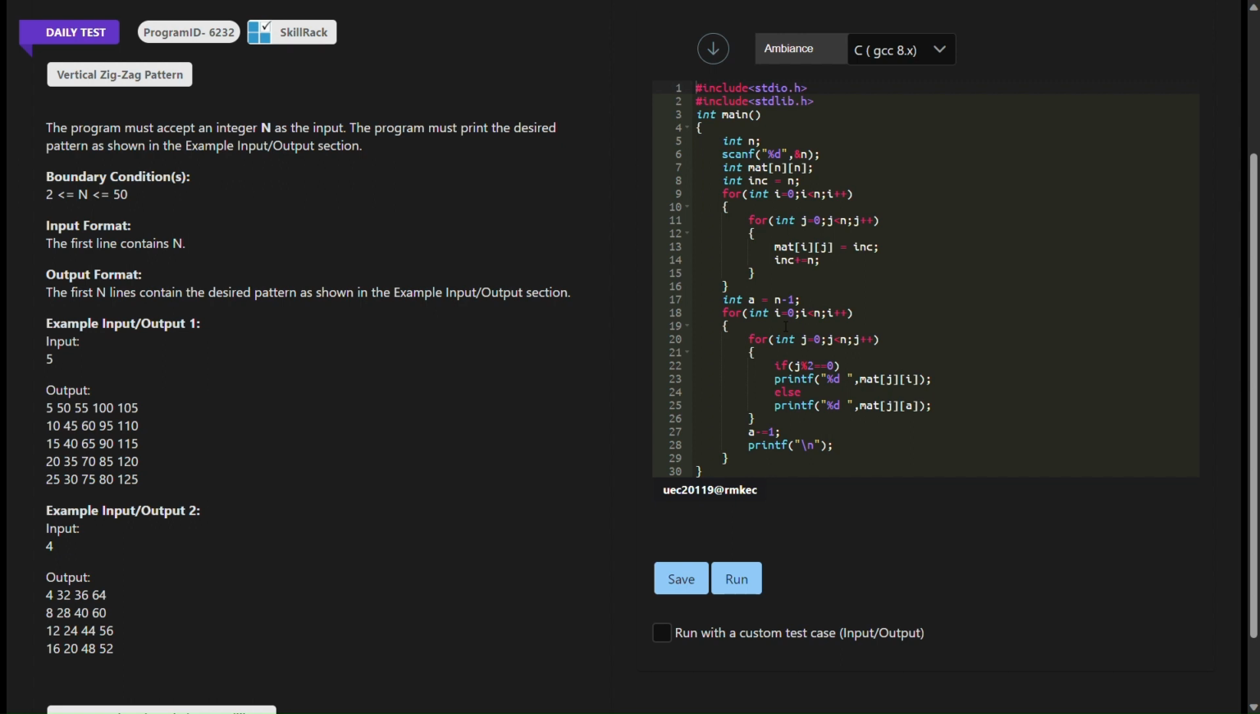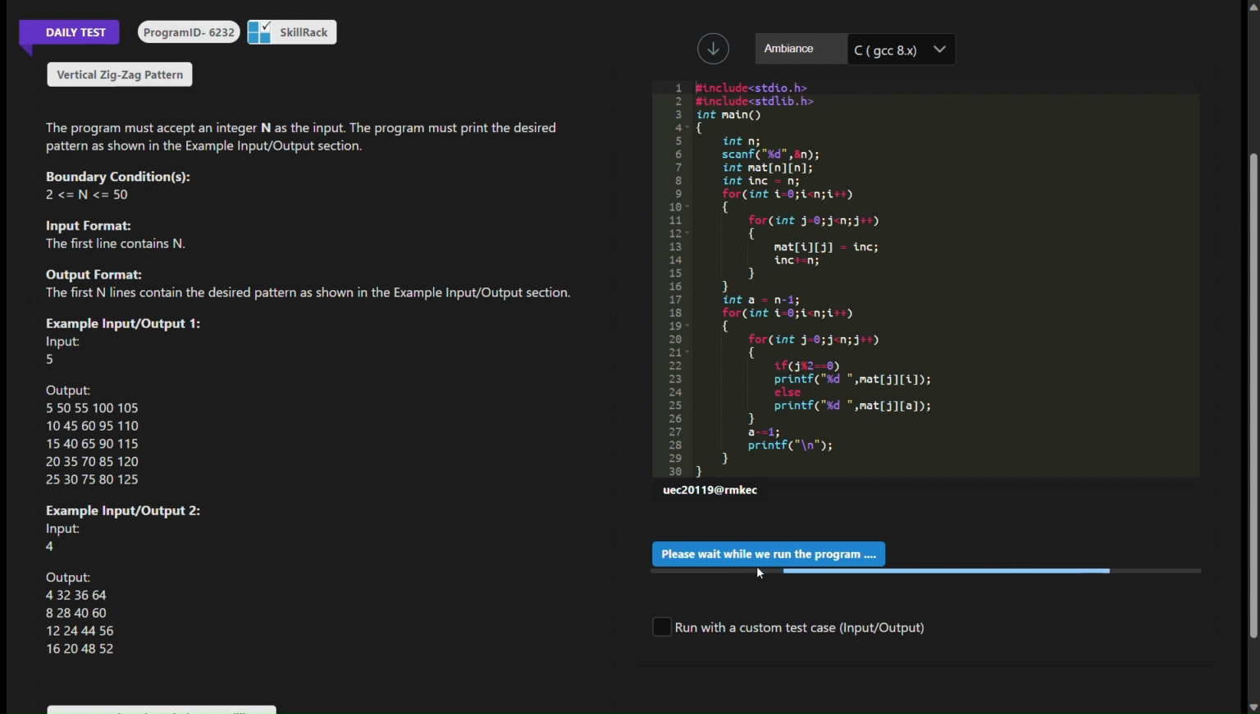int inc = n initializes the variable inc with the value of n. int a = n-1 initializes the variable a with the value n-1. This variable is used to control the printing of elements in a specific manner within the nested loops. for (int i = 0; i < n; i++) is the outer loop running from 0 to n-1, 4 rows. Nested loop: for (int j = 0; j < n; j++), the inner loop iterating from 0 to n-1, 4